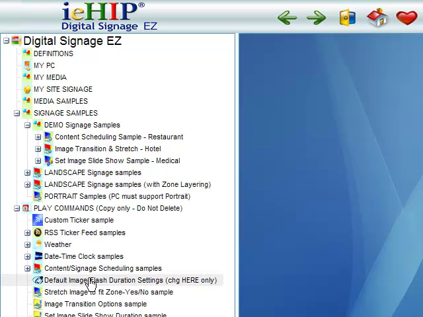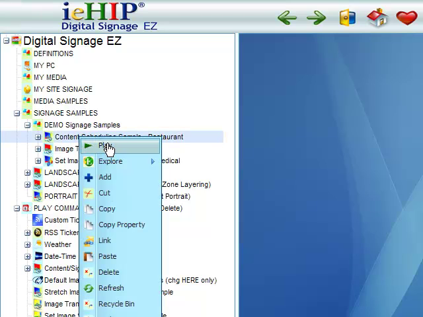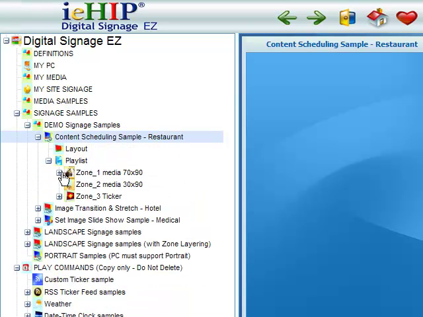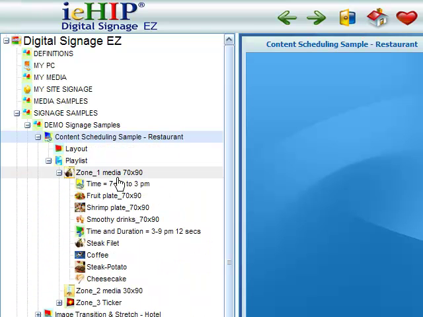The default image flash duration settings command affects all images and flash without an endpoint. That is, if no other scheduling commands are set for that media. Currently in Properties, images are set to 5 seconds and flash without an endpoint is set to 12 seconds. We're going to take a look at a configuration that has been set up as a sample for scheduling. And we'll look at the first zone,